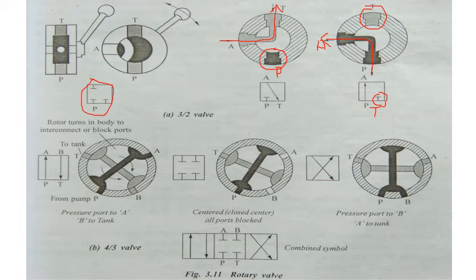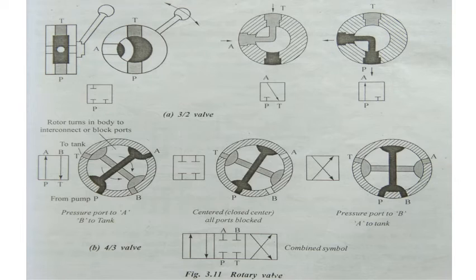Look at this. There is no connection here, and there is no connection here either. The tank also has no connection. Why? Because the connection, actually, this one is here. When it is connected P to A, or P to T, or A to T, it is here, so in this position the valve is not connected between P to A or A to T. And we'll move on to the second diagram.